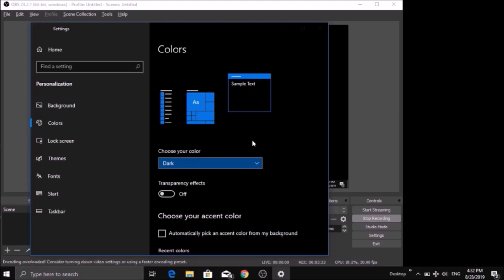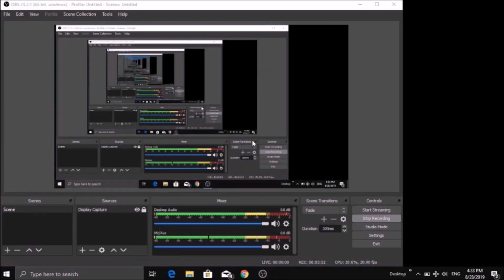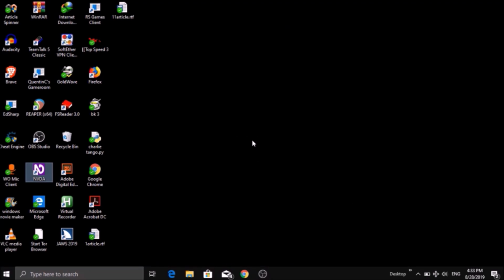Okay, if you have vision, then you can see the color has been changed into dark, but NVDA announced it quite late, after a few seconds. So the dark mode has been enabled. You can just press the Alt F4 button. And after that, you can check most of the apps' colors have been changed into the dark mode,